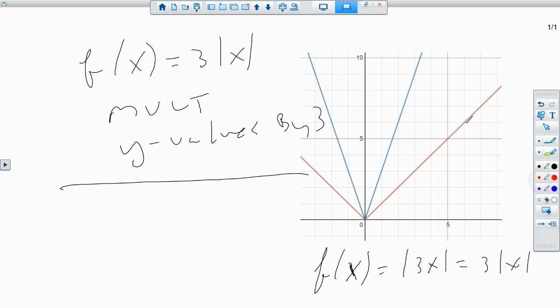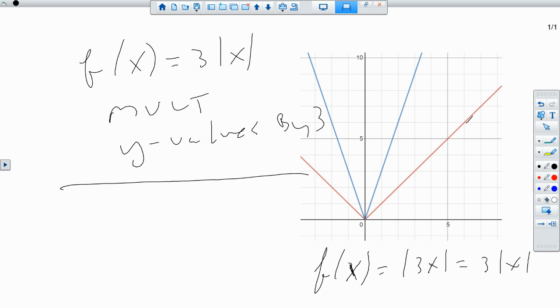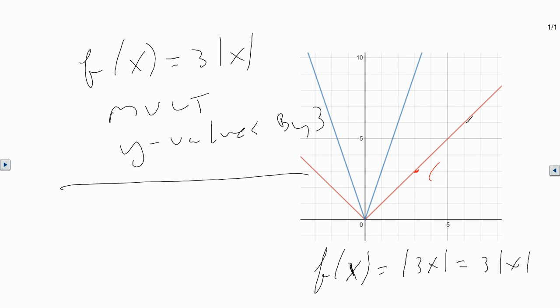If I find this point (3, 3), where does (3, 3) end up on the new graph? Well, (3, 3) ends up at (1, 3), because with horizontal dilations, we're multiplying the x value. So the x value over here, 3, got multiplied by 1/3, and that's why it ends up at 1. That's why we have to deal with the reciprocals